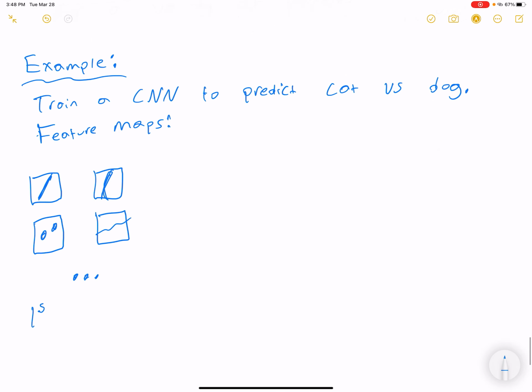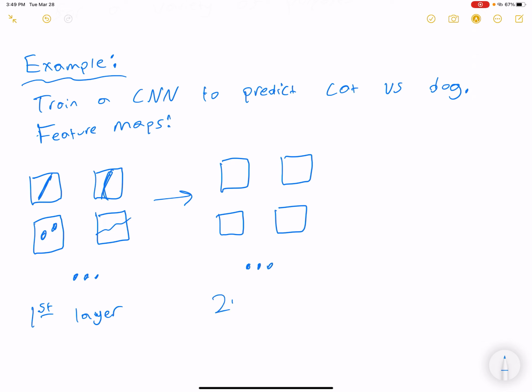Like the first layer might learn things like that, and if we go into the second layer, it will learn, let's say we added max pooling between these, it might learn slightly more abstract, but not too abstract. So maybe starting to look at like the side of a head, the edge of an ear, but like